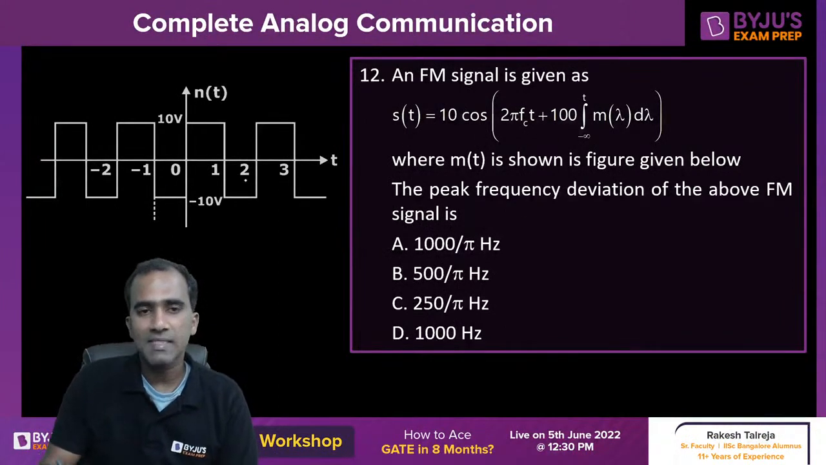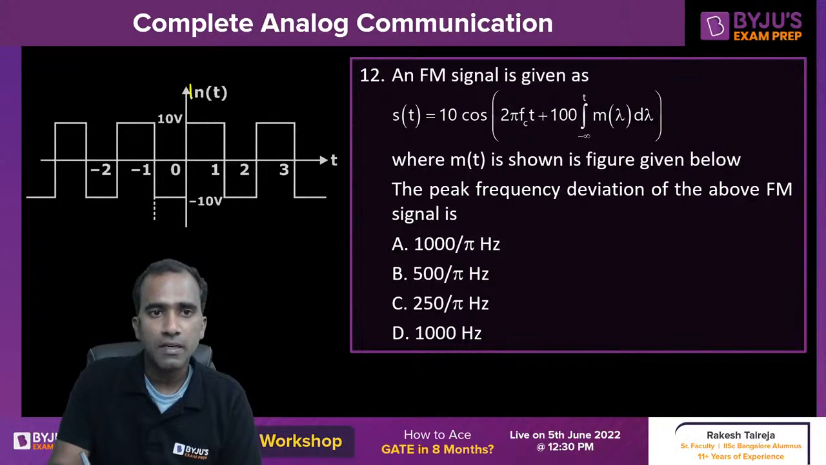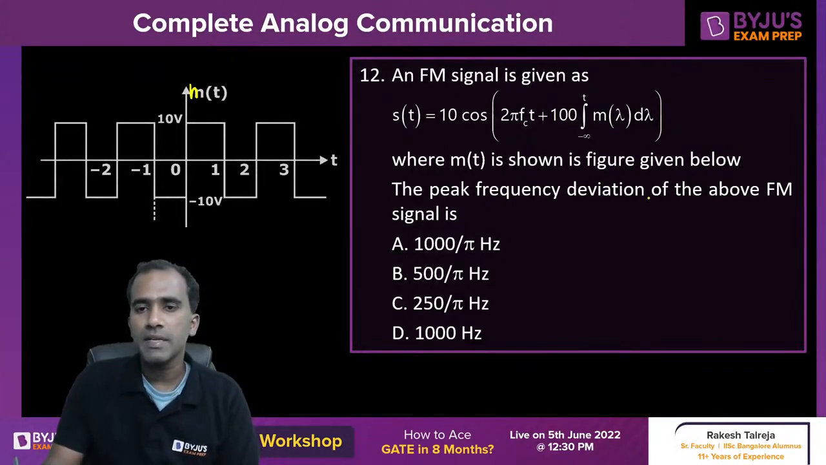Next one. Similar question. The message signal is the same, but the other information is different. M of t is given here. The peak frequency deviation of the above FM signal: for this signal, what is the peak frequency deviation? When you want the peak frequency deviation,